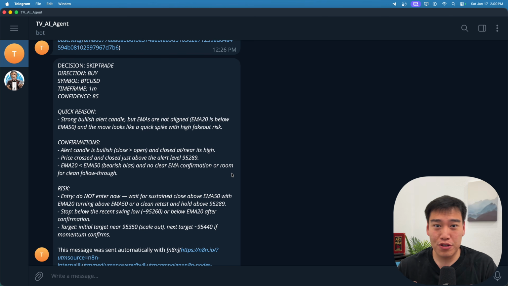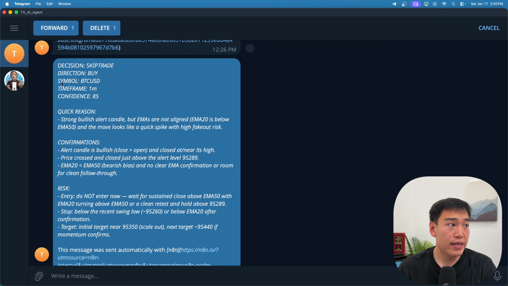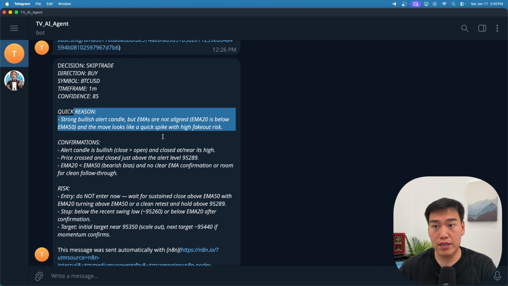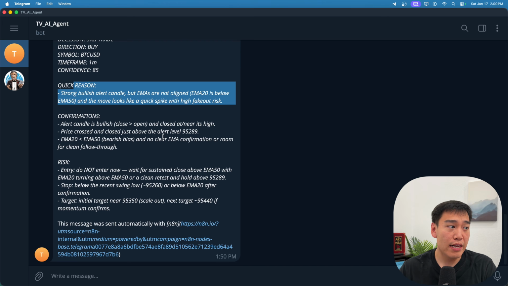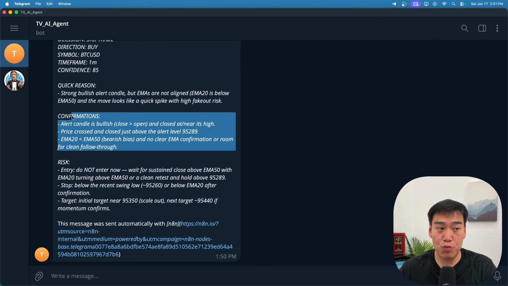So this is what I'm personally receiving each time we get a TradingView alert. Each time that price crosses that level, I want to know whether I should take the trade or not. And then it's telling us decision: skip trade, direction: buy, symbol, and then reasons, right? Because we don't want to blindly trust AI. We have confirmations just to add more color, and risks, so you understand everything that's going into the decision of